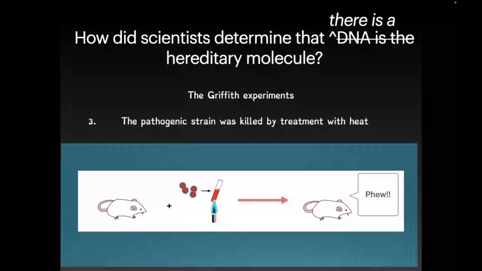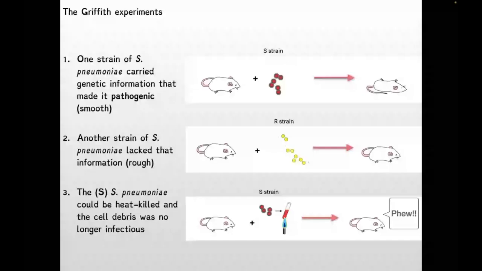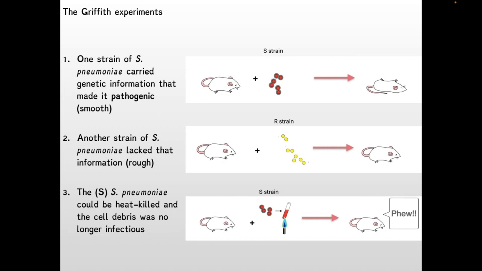Okay, so again, we have 3 different treatments here with 2 different strains of S. pneumoniae. The S strain, which is the one which is pathogenic, S for sick, and then the R strain, which is non-pathogenic. And we know that we can heat kill either of the strains, but in particular, we're interested in heat killing the S strain so that when the mice are administered with what's left over, they do not show signs of infection. But scientists also found that if they took